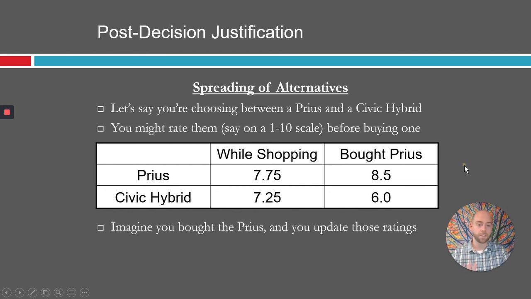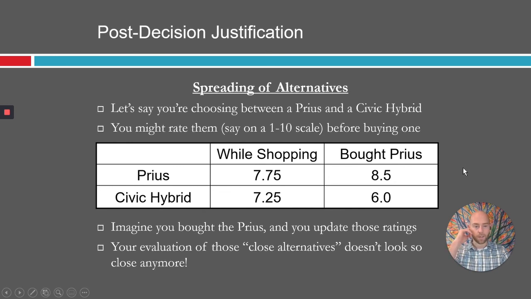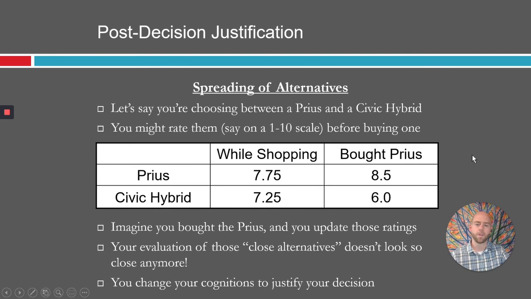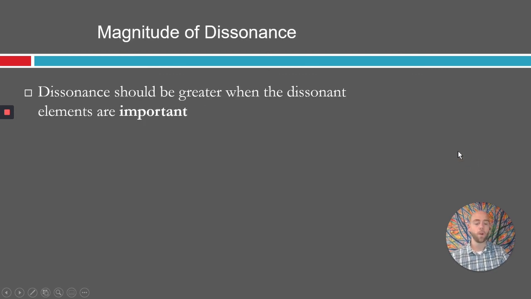You're making your decision seem better based on the way that you are thinking about these things. You're reducing the dissonance from that uncertainty of, oh, did I choose the right thing, by reassuring yourself, yeah, you did choose the right thing. So you're changing your attitudes to justify that decision. So those are the three types of dissonance. In the next video, I'm going to talk about things like magnitude of dissonance and the types of changes that might happen. So see you in that video.